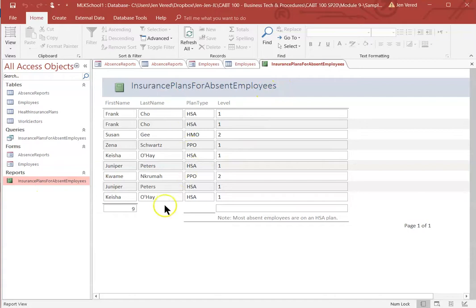Now, of course, this isn't very fancy. I could have a logo, I could have all sorts of information here, but a report takes that information and allows you to format it and make it look nice. Also, you can see here that it added up how many absences there were. You could include all sorts of things in your report. So a report is just a nice way that you could use to print out or share information from a database. And those are the main objects of a database. So that would be tables, queries, forms, and